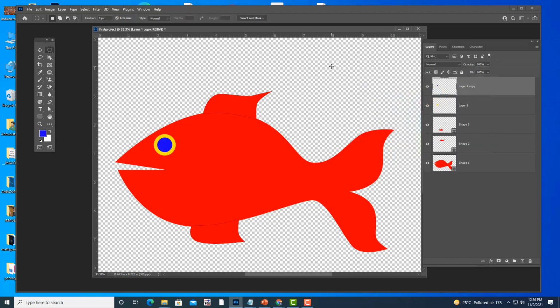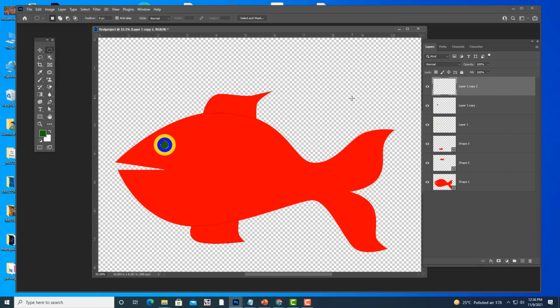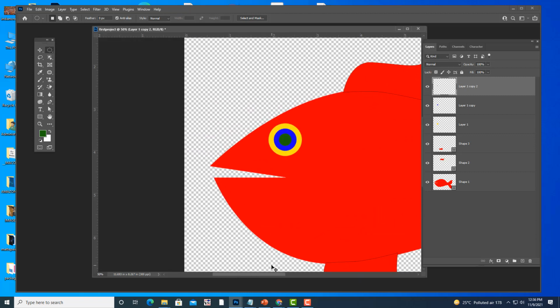Okay, like this. And you can also take one more layer, Ctrl J, then Ctrl T, and create one more. Okay, and then Ctrl and click, and let's give it a dark greenish color. Okay, Alt and Backspace like this. Okay, so we have created a fish. This is a little bit complicated shape. And in case you want to put teeth for the fish, you can also do that.